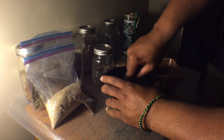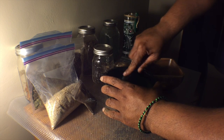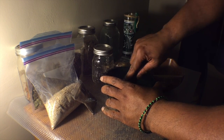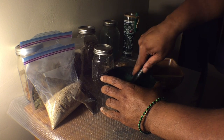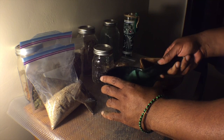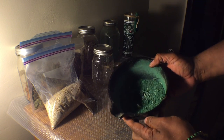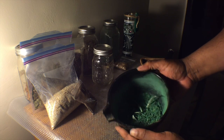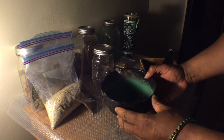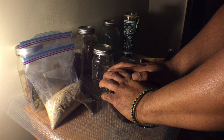We're going to use this magical drawing powder, this hoodoo powder, to draw money to us. Money for business, money for bills, money for groceries, money to help us in our daily lives. See? Everything incorporated quite nicely. Now what I'm doing, infusing it with my intention,